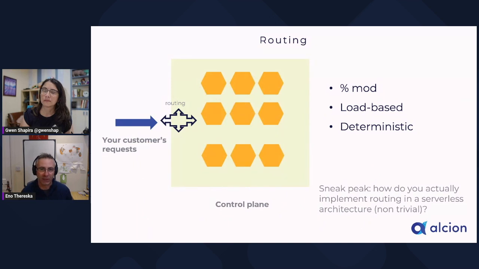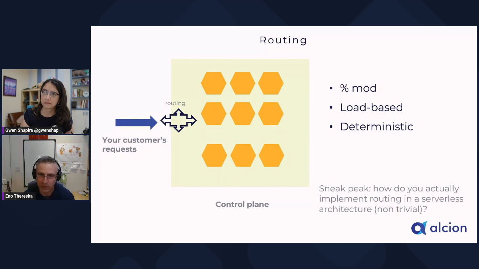Now, how do you do routing to the cells? There are some theoretically easy ways. The problem here is you have these 30 cells on the control plane. A new customer comes on board. Where do you send them? And in the future, when this customer comes back again, how do you route their request to the right cell? There are some standard approaches. You can do a mod on something like a hash of the tenant ID. You can make it load based: if some of the cells are more loaded than the others, you can go to the other ones. You can have some deterministic or more complex routing logic there.